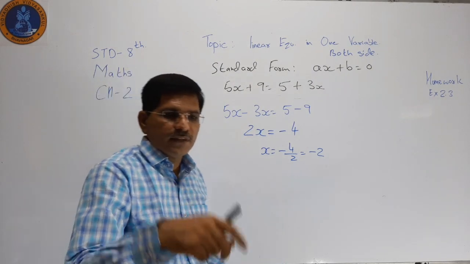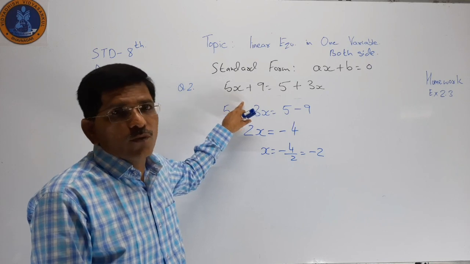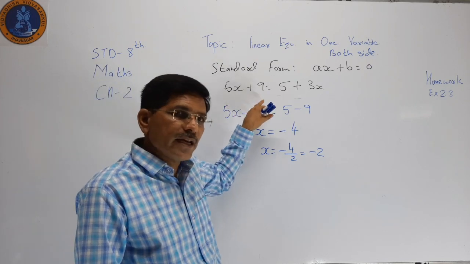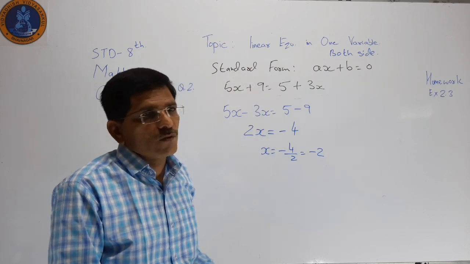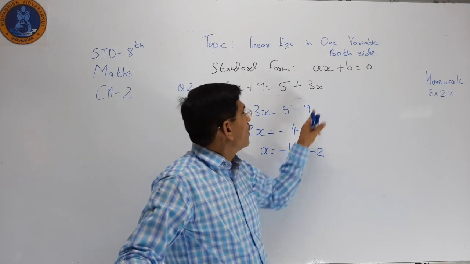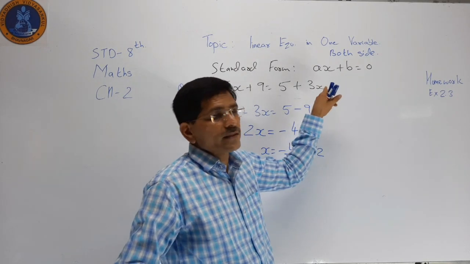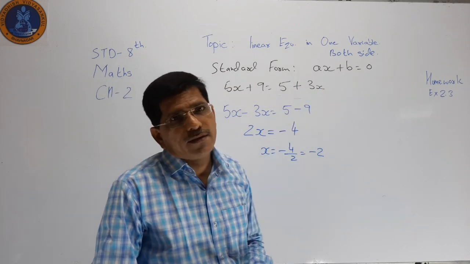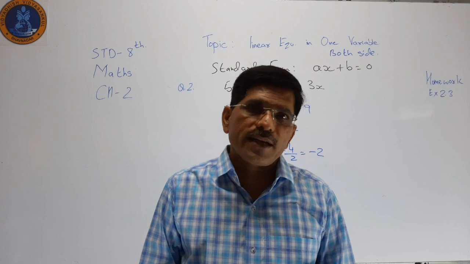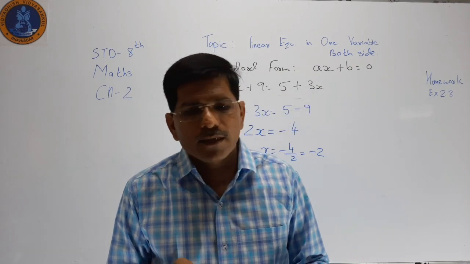Now randomly, we see that minus 2 I have to put here. So minus 2, 5 2s are 10. So minus 10. Minus 10 plus 9, that is minus 1. So on the left hand side we get minus 1. Now 3 2s are 6, but here the negative sign is there. So minus 6. Minus 6 plus 5, that is minus 1. So left hand side is equal to right hand side, minus 1. So we can say that our result is correct.